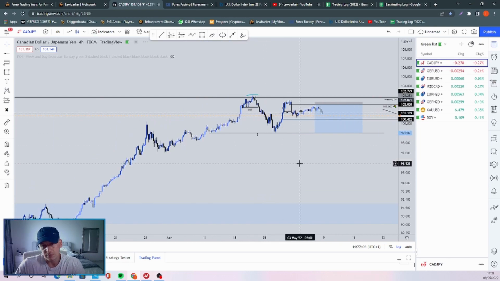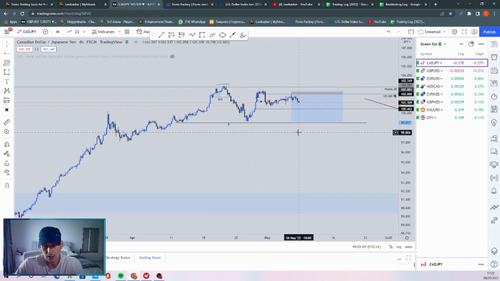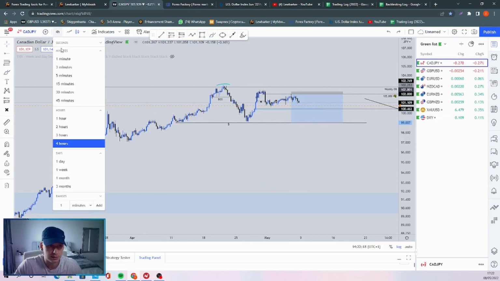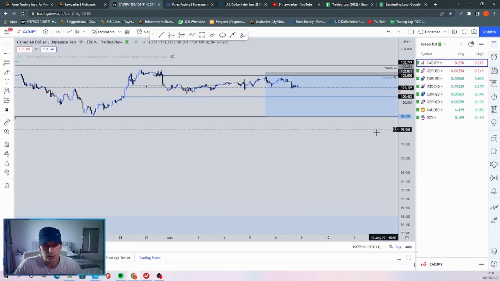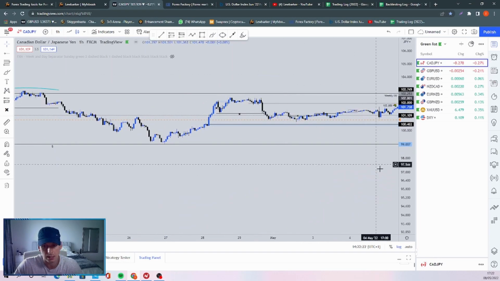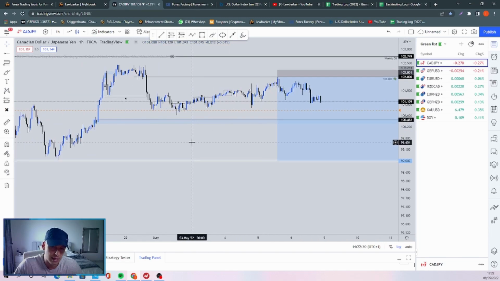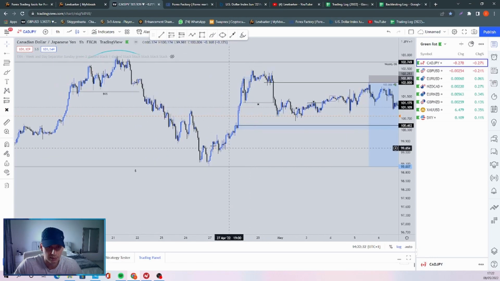So what am I expecting for this week on this pair? Ideally, I would like to see this tank through and take out this liquidity down here. Might not happen. If I go to the 1-hour, you can see we do have this institutional candle here, which is floating around the 0.500 level. So I am considering hedging here, because again, if you're looking here, we're